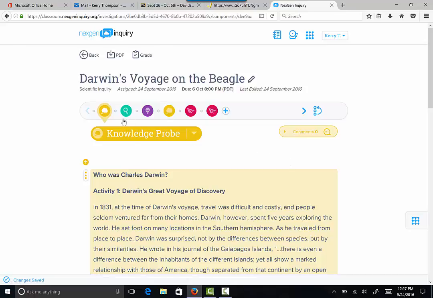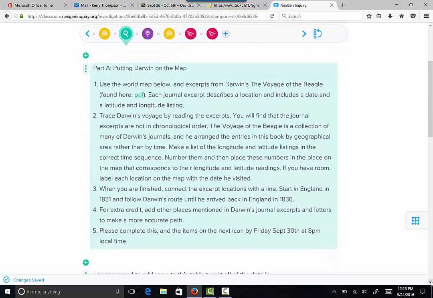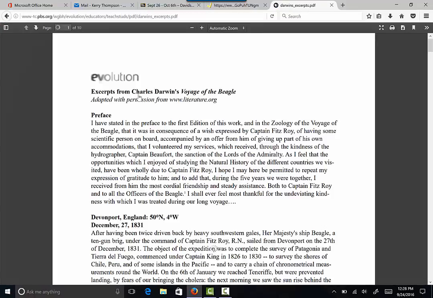So let's pretend that we've read this first page. I go over to observations, and now I look at the fact that there's an assignment here. It says use the world map below and excerpts from Darwin's The Voyage of the Beagle found here, PDF. So, okay, I'm going to click on the PDF, and there it is. There's a PDF that I am going to need to use. You can do this a couple of ways. You can go ahead and print this PDF if you want to. It might be easier because it's a 10-page document, or you can download and save it to your computer so that you can keep flipping back and forth between it